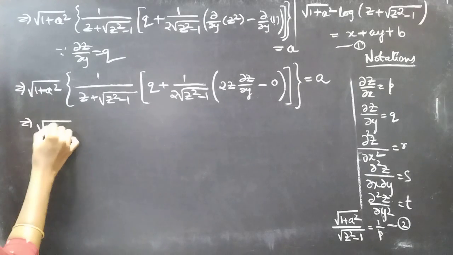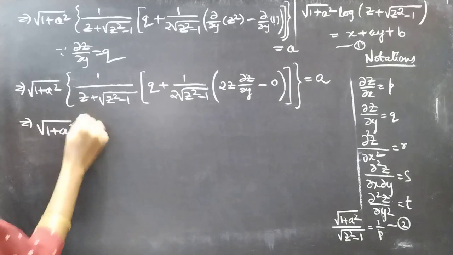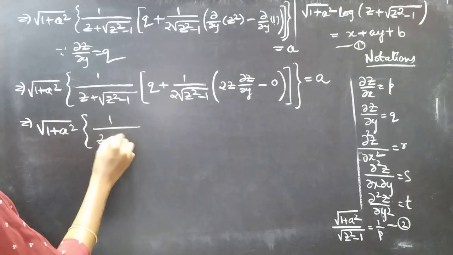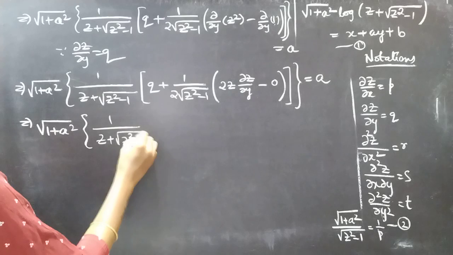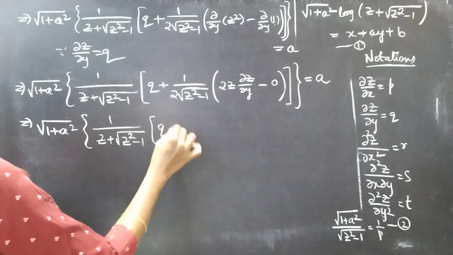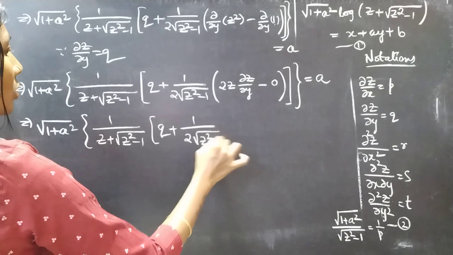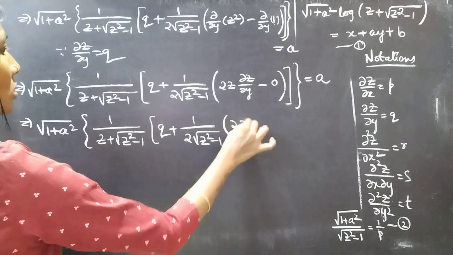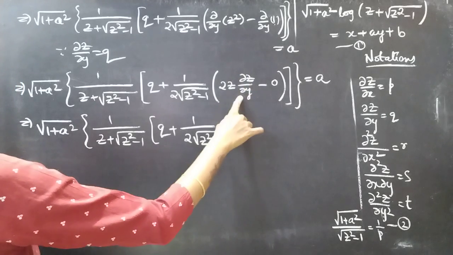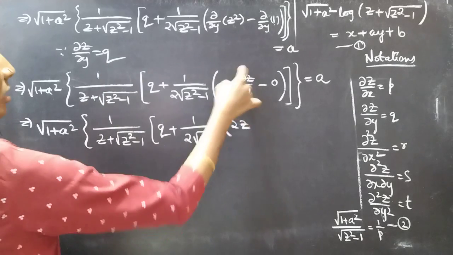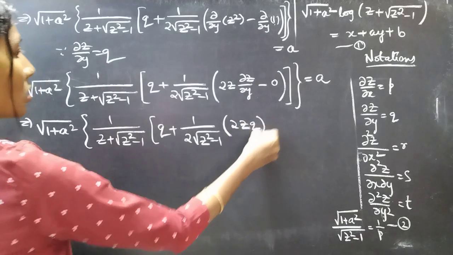This gives us square root of 1 plus a square into 1 by z plus square root of z square minus 1 into q plus 1 by 2 into square root of z square minus 1 into 2z. Since we have a notation dou z by dou y equal to q, so let's replace it by q. You'll get 2zq